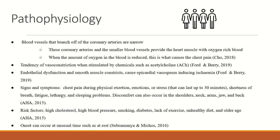The signs and symptoms include chest pain during physical exertion, as well as due to emotional reasons such as stress, and this can last up to 30 minutes. There's also shortness of breath, fatigue, lethargy, and sleeping problems, and discomfort can also occur in the shoulders, neck, arms,